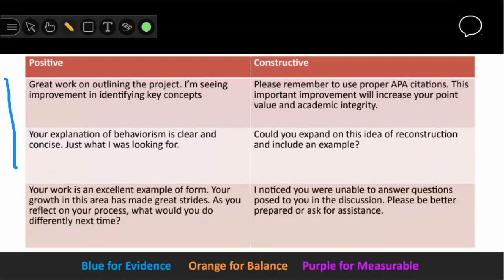You can go in and annotate this and say, okay, there's blue for evidence. Then you can change the color to orange, which is for balance. So if you want to show that they had balance somewhere, you can change it to purple for measurable. And you could do this with your students. Okay, so format using the proper APA citations. Yep, so you can measure that. You can tell if they